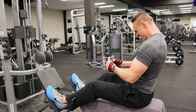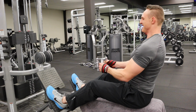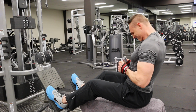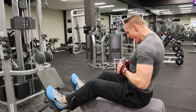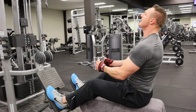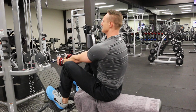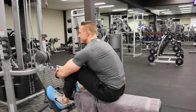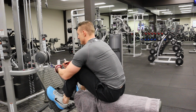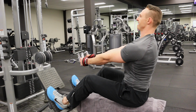So it might show that through the next weeks it might be a redundant exercise I'm doing here. It might not be necessary for me to do this row movement. And how I will determine that is essentially if I progress a rep or two each week, it's okay to keep this exercise. But if it starts to stall, it goes backwards, well, I know that first exercise of the hammer high pulls is doing enough to toast off the fibers in my back. So we'll monitor that, and you'll get to sort of learn a lot about my thought process in terms of